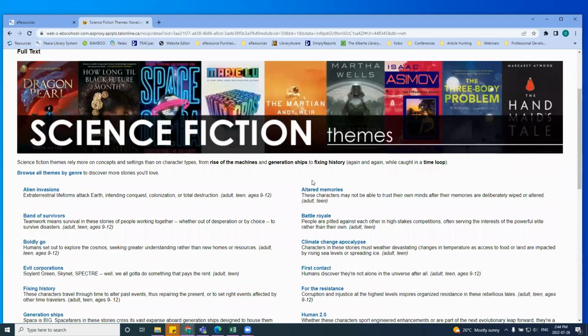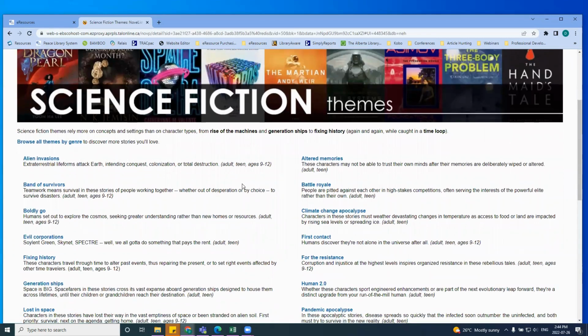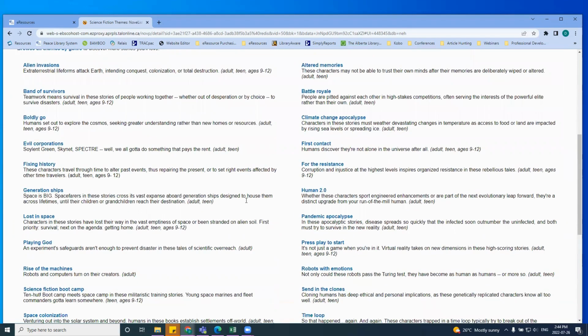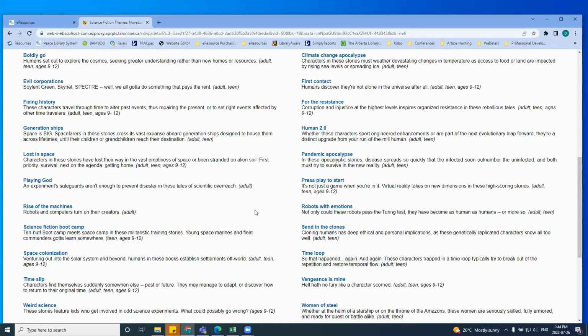And this will bring me to a theme page that is specific to science fiction. So it's categorizing all of the most common and popular themes in science fiction in a list here. So things like alien invasions is a common theme. Battle Royale is a common theme. Robots with emotions. So what you can do is you can select any one of these themes,